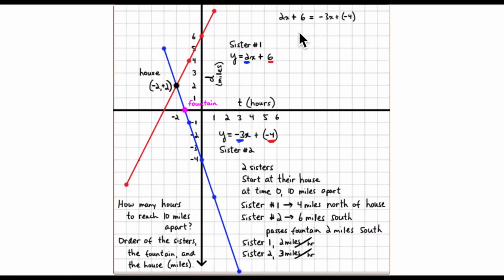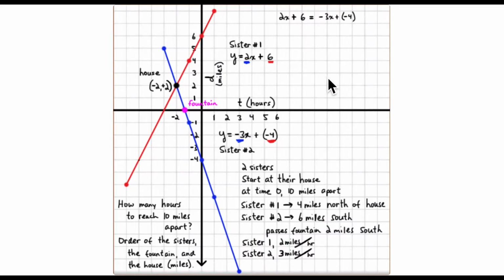So now we can set these two expressions equal to each other. The time is the same, so the amount of time it takes them to travel to 10 miles apart is the same amount of time, and y is the same. So the house is not moving. That house is at this point right here, which is y equals +2. So it's 2 miles from the fountain. You can set these two expressions equal to each other because y is equal, and also x is going to be equal. So you're going to solve for x